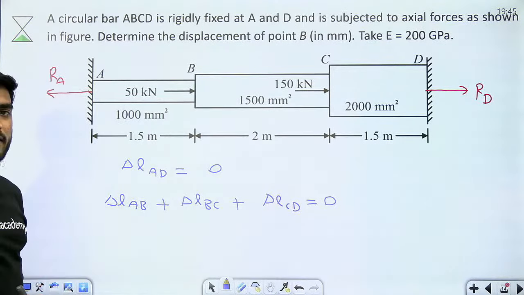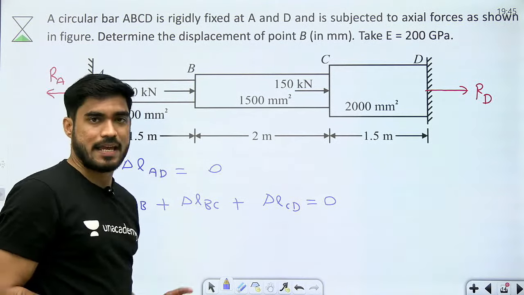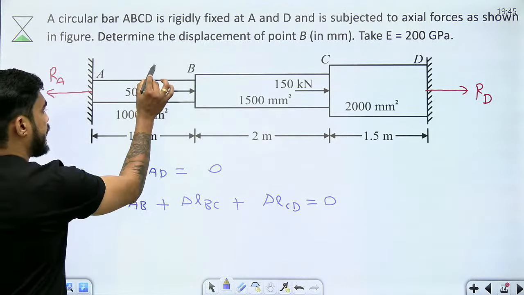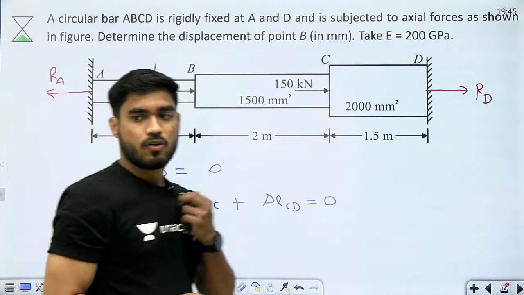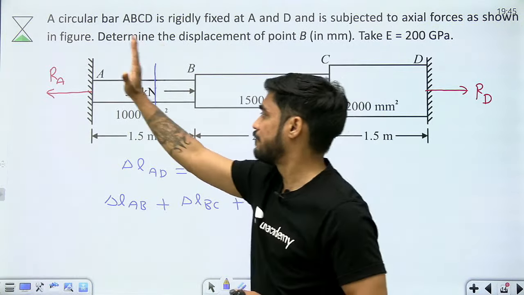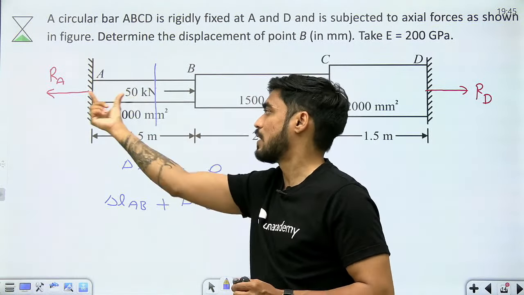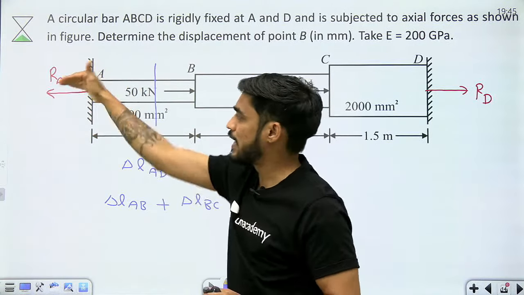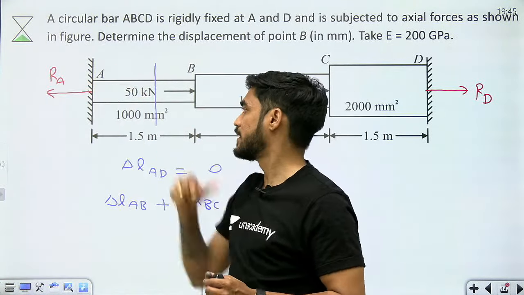Yes. Now, can I find the internal force in AB in terms of RA? Take one section in AB. What will be the internal force on the left? Total force on the left कितना होगा? RA. And this is my assumption that RA is like this. So it is tensile.